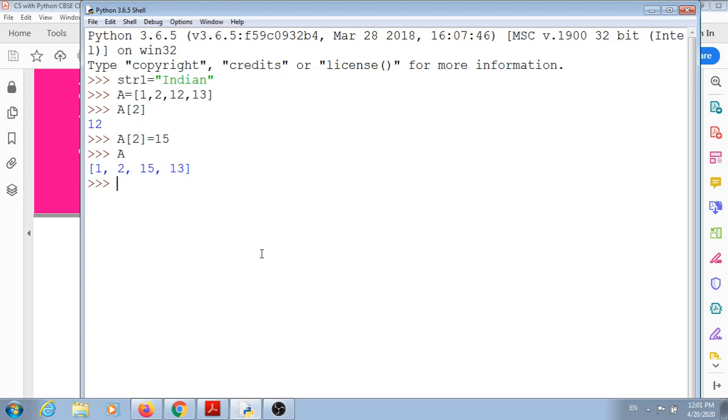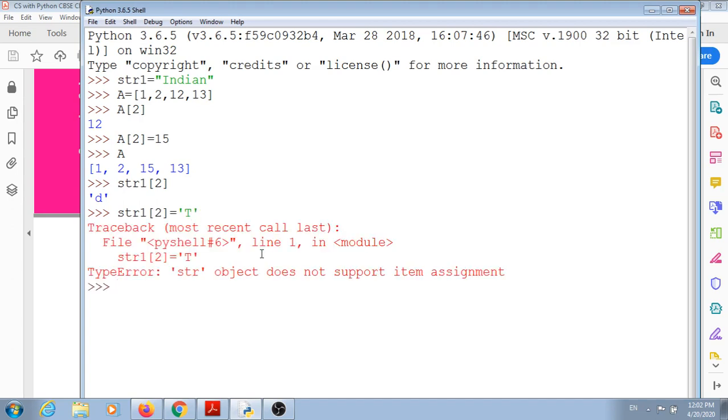Now in the string, suppose I want to print the str of 2. It means I and D. D is the second character. Okay, so it is D. Now I want to change this second element and I want to put another character as T. I want to change the string, so it is not possible.